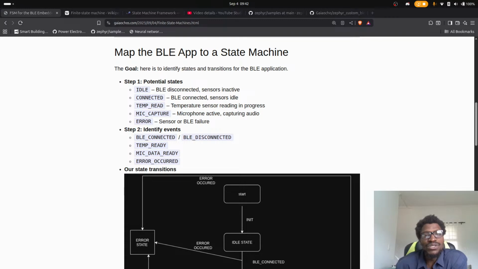So let's start. The potential states we will start with in the rudimentary implementation of this thing: we can have an idle state. So BLE is disconnected, sensors are inactive. So basically, the system has not initialized. And then we have a connected state where BLE is initialized, and I think connected. We can't do connected. It's a little kind of iffy,